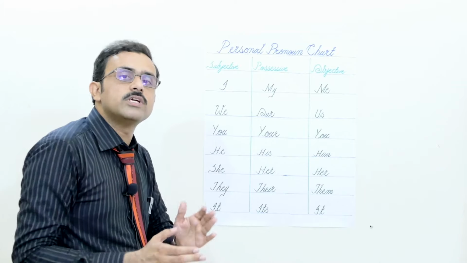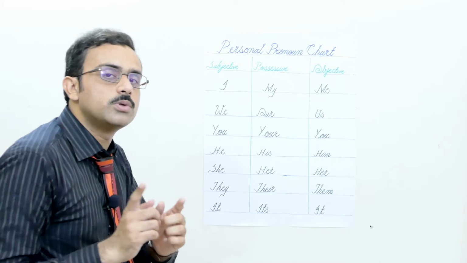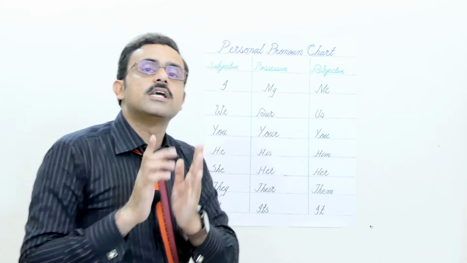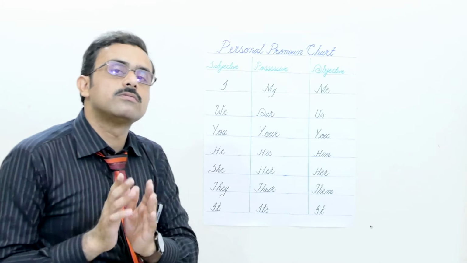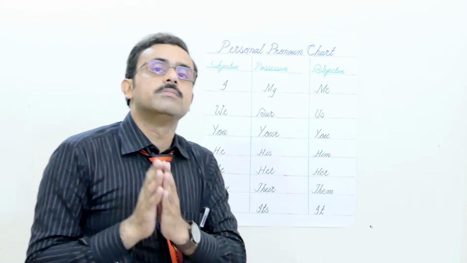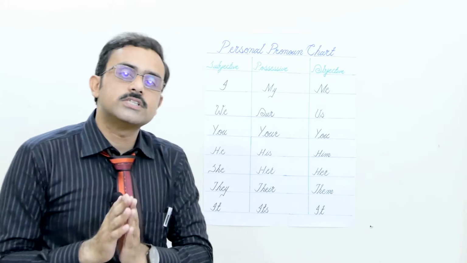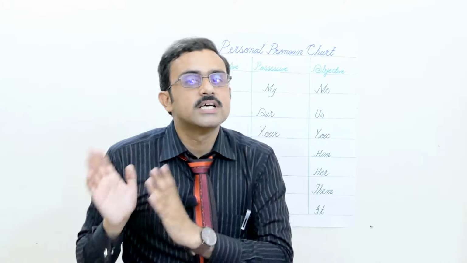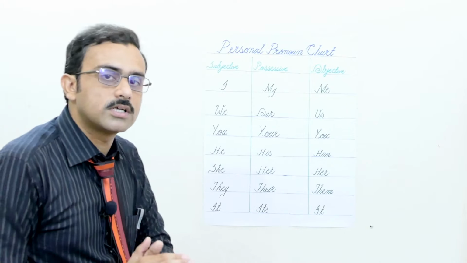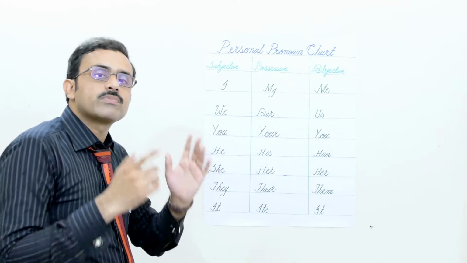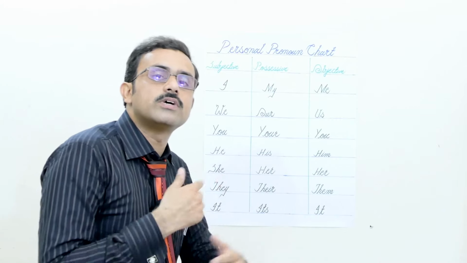Now we are moving towards the verb change, and I told you that in verb change, in active to passive, we always use the third form of verb. When we are going to change active voice into passive voice, we always use past participle, means third form of verb. Got that? Okay, now look at the next chart, which is your verb change.